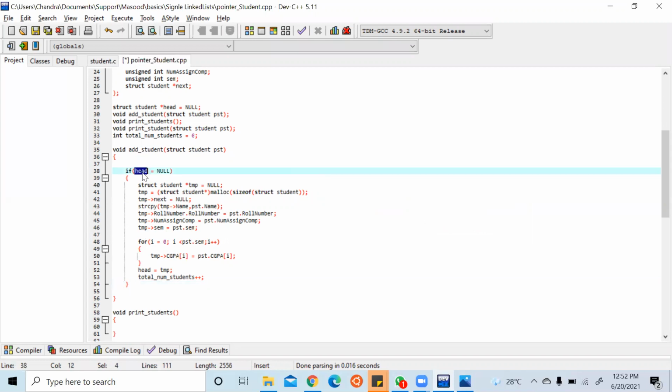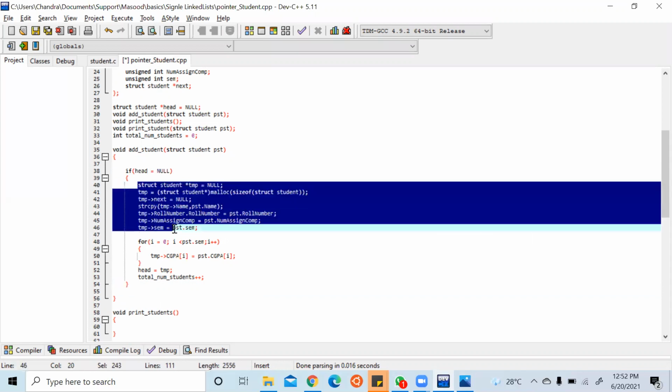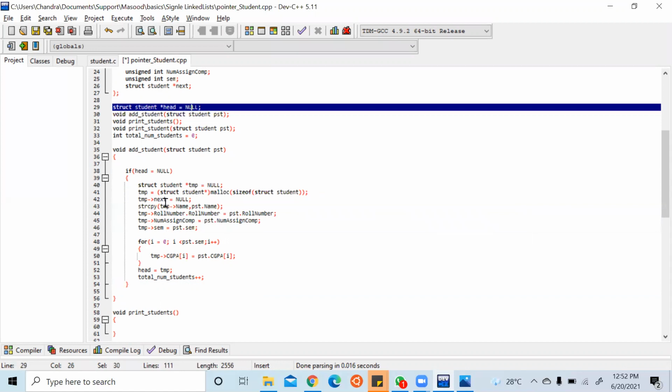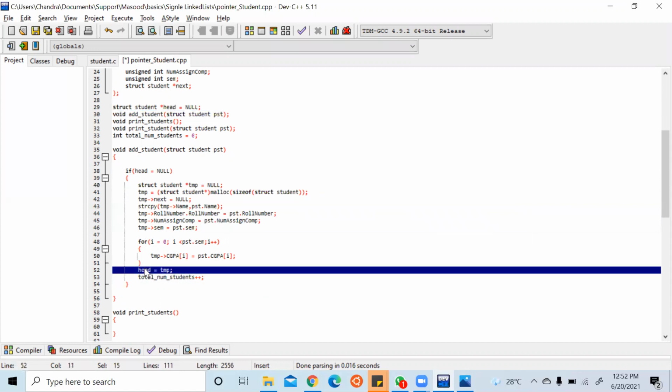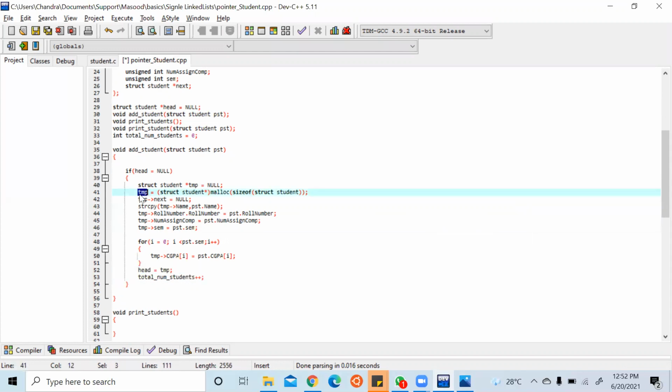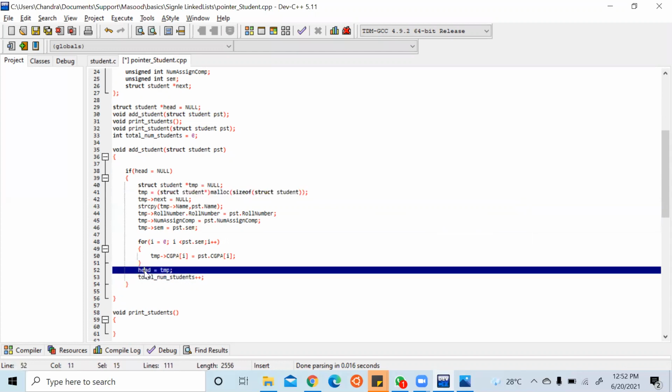If head is equal to null, then only I need to do this. It means it's the first element. Initially head will be null. After I assign head with tmp, it will not be null, because tmp is allocated with memory and head will not be null.